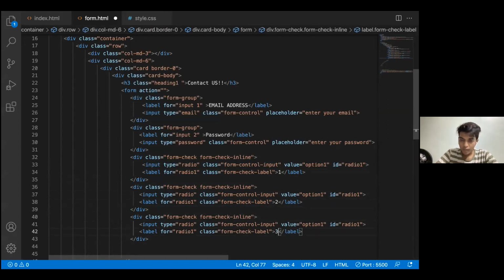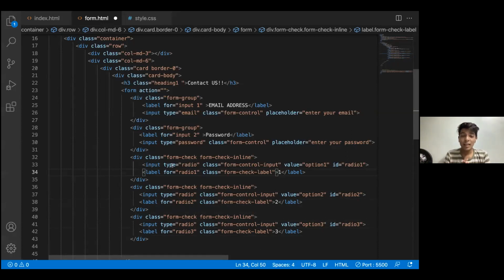This is 3. And everything that was with it. So for the second, the value should be 2 and the ID should be radio button 2. Here also the value should be 3, and the ID should be radio button 3. Here also the label is for 3, for 2, and for 1. The type shouldn't be changed. Note that the type shouldn't be changed.